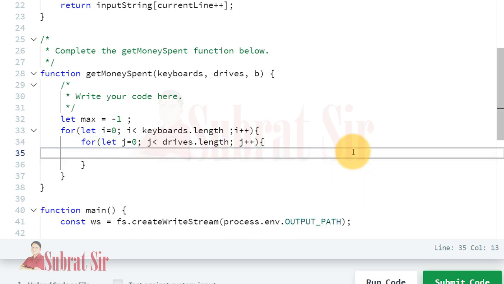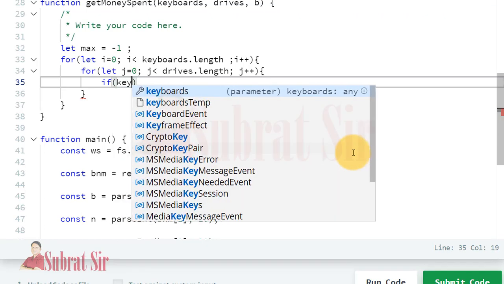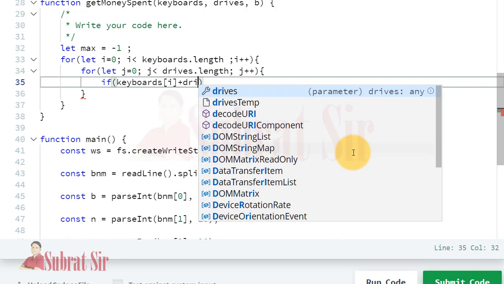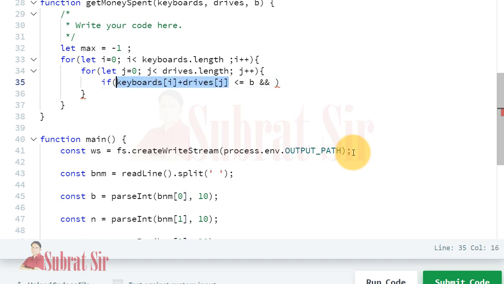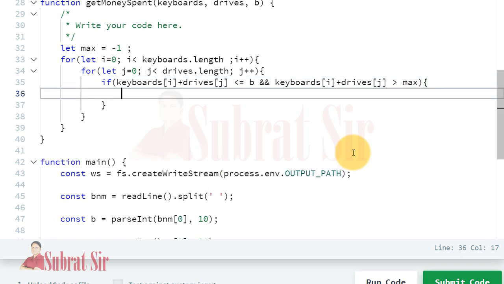Okay. Now our condition. So if keyboards of i plus drives of j is less than equal our budget, and this addition is greater than max, we have to check both. Okay, if it is not greater than max, then we don't need this value. Then max equal this value.